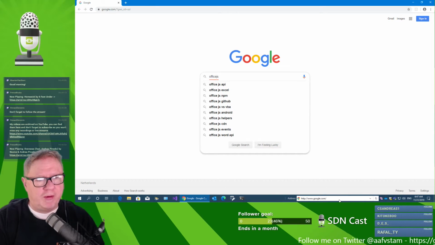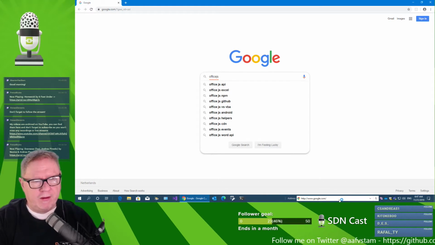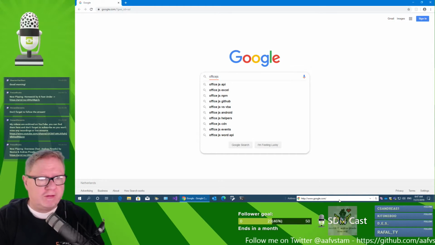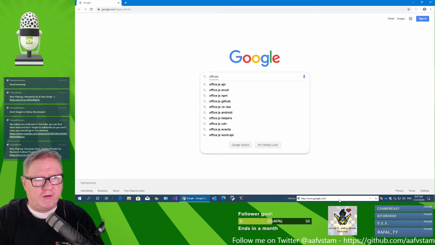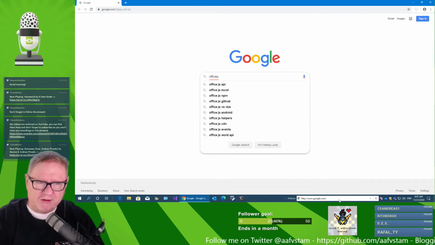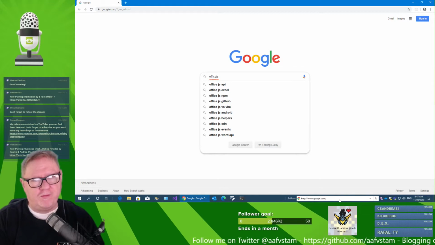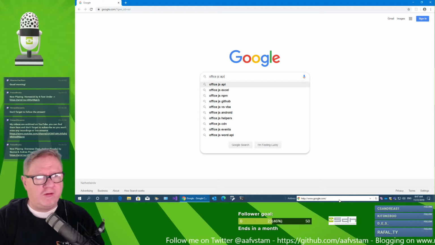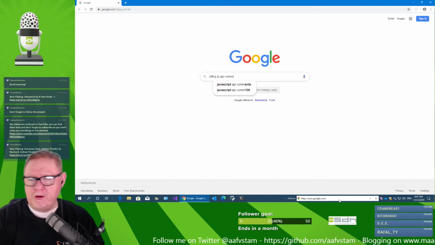I always have to prefix it with OfficeJS because of the new interface, otherwise you get into the COM interface, the old Visual Studio Tools for the Office system, I should say, that's VSTO. But we're looking at the OfficeJS API commands,